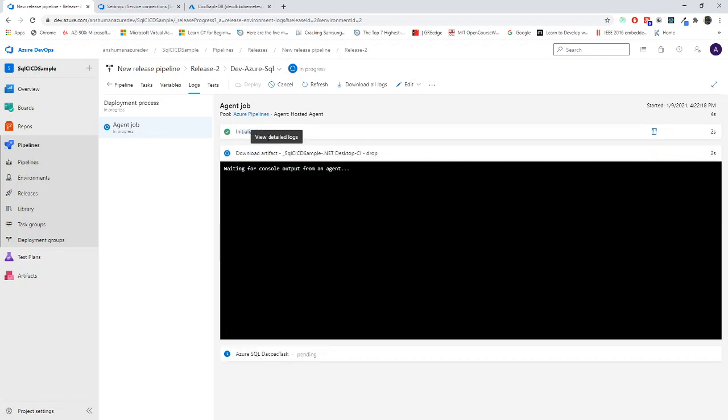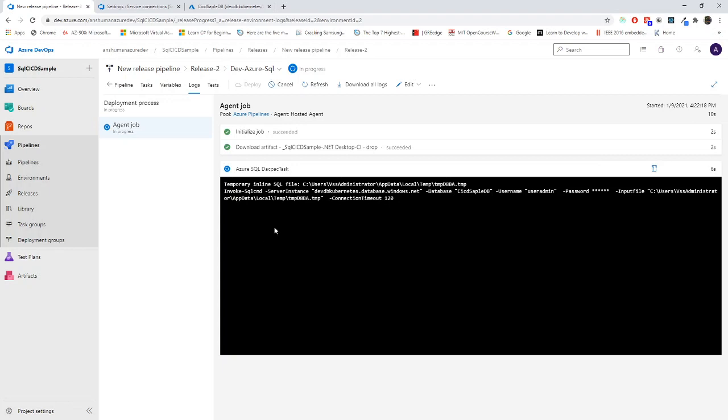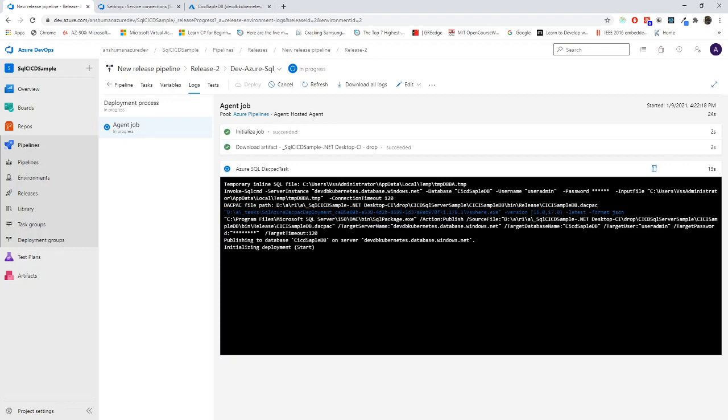We will wait for the deployment. The artifact got downloaded 2 seconds before. Now it's reading the artifact. Initializing the deployment got started. Hopefully this will not give us error. We will just wait and see.